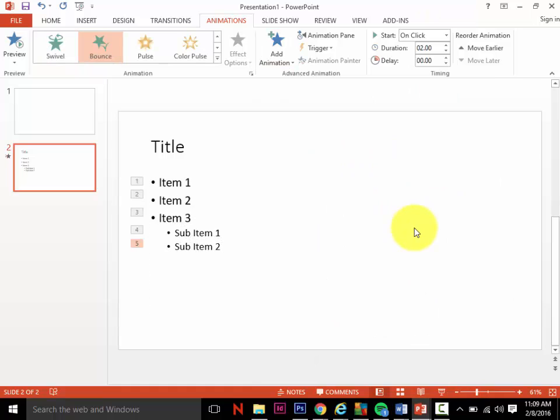Now, obviously, if you're doing a big project, you don't want to have a gazillion different animations, especially for every line of text. That is going to be really annoying to the person viewing it, very unprofessional. Your animation should make sense and should complement your PowerPoint. So now if I were to play this slide,